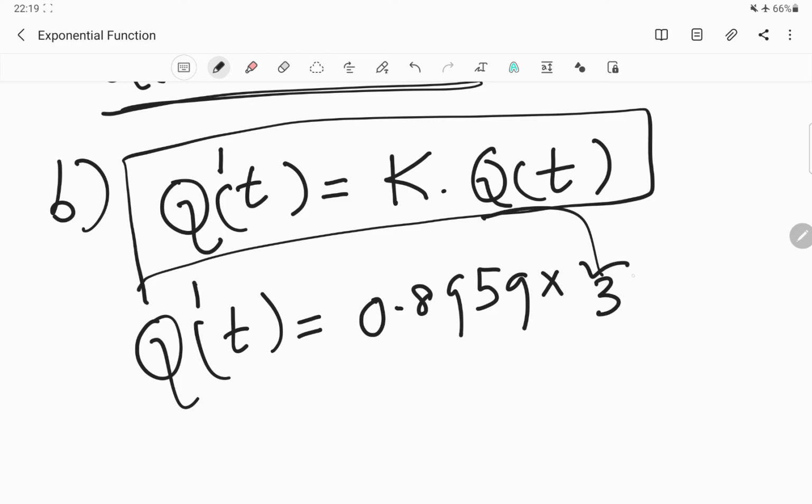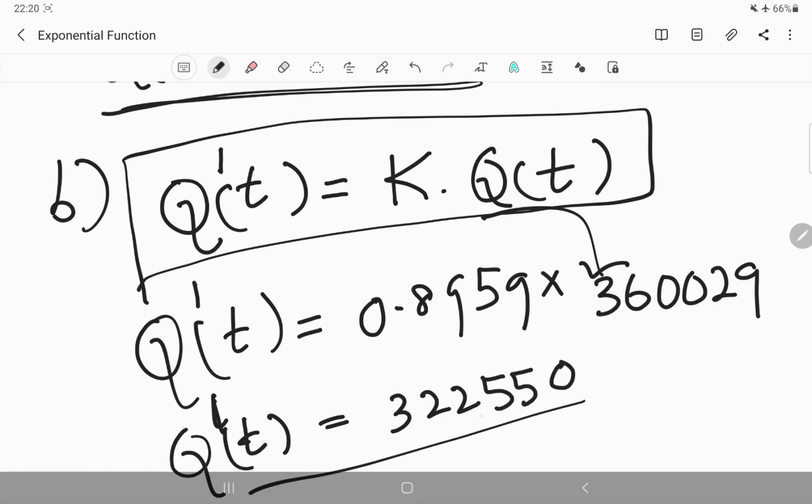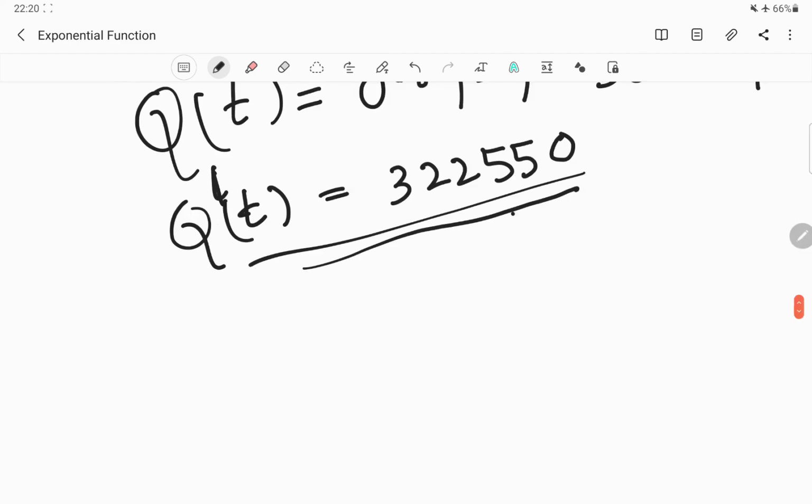So the rate of growth of bacteria after 4 hours is given approximately by Q'(4) equals